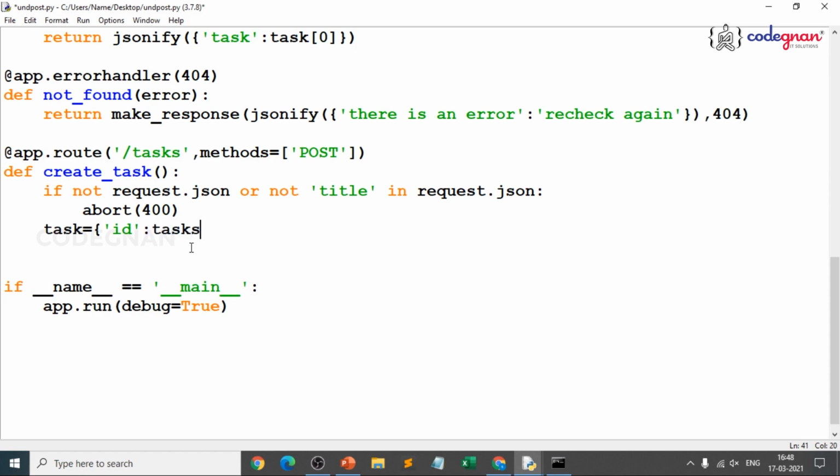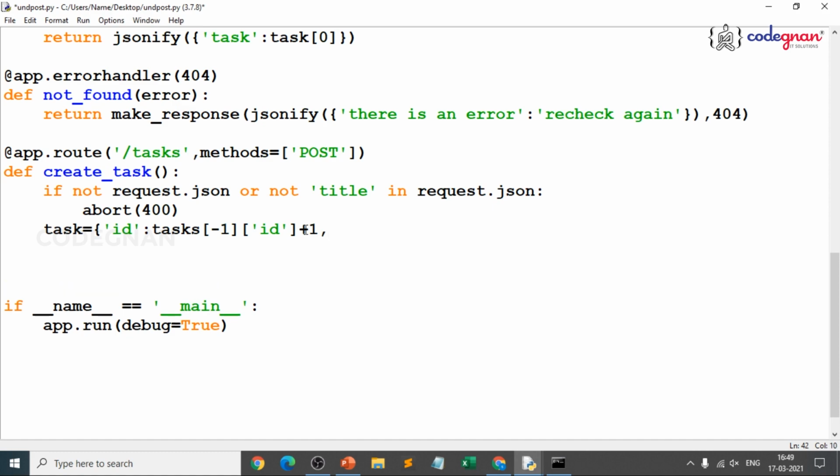Where it should go to tasks of ID. How do you take it? But you don't know the number, right? How can you give a direct ID? Just come from the back, using negative indexing: tasks of -1 of ID plus 1, that is ID. That ID is being updated. And how do you go for title? Just make sure you request it,